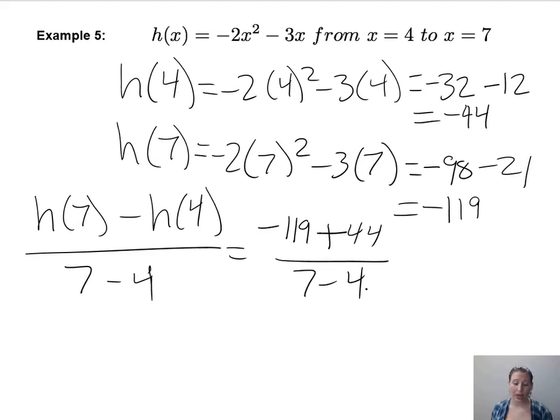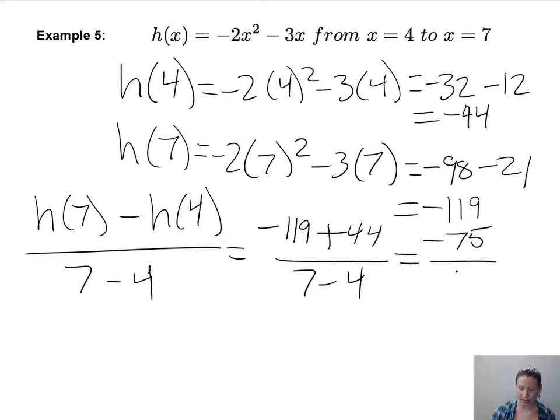Okay, well, what is that simplified down to, right? So we have negative 119 plus 44. Well, that is equal to negative 75 over